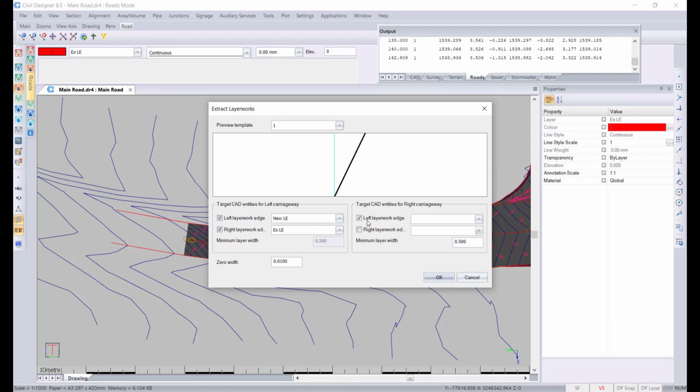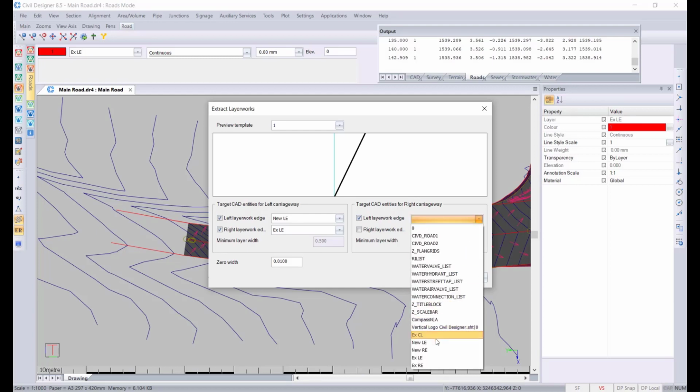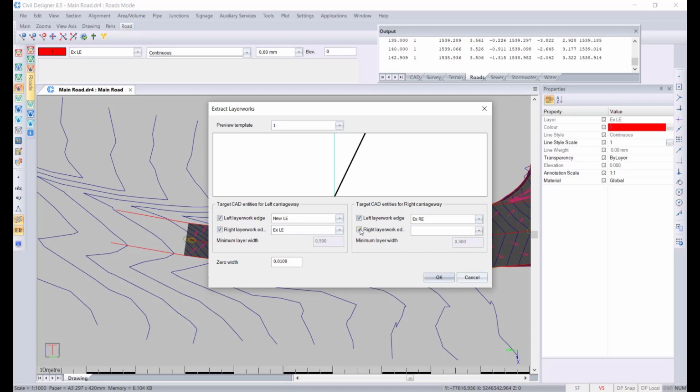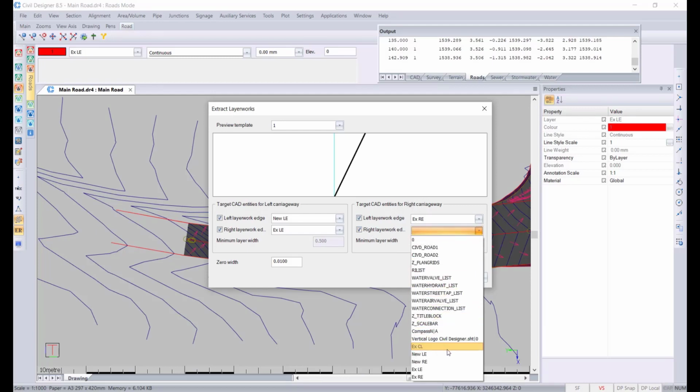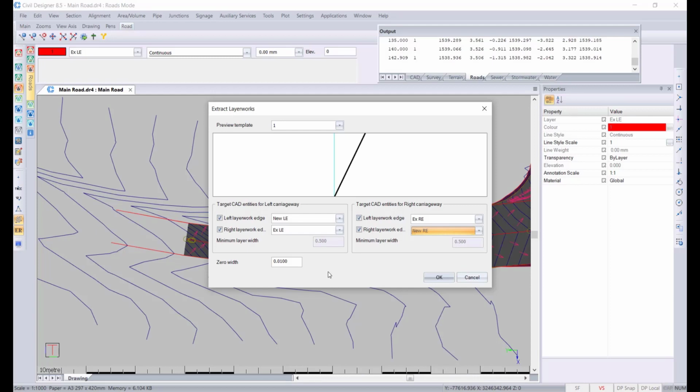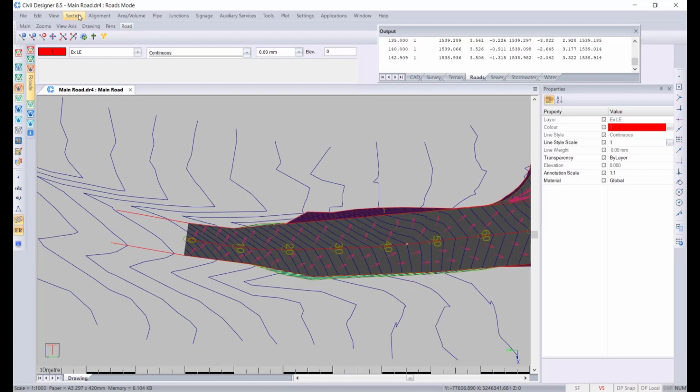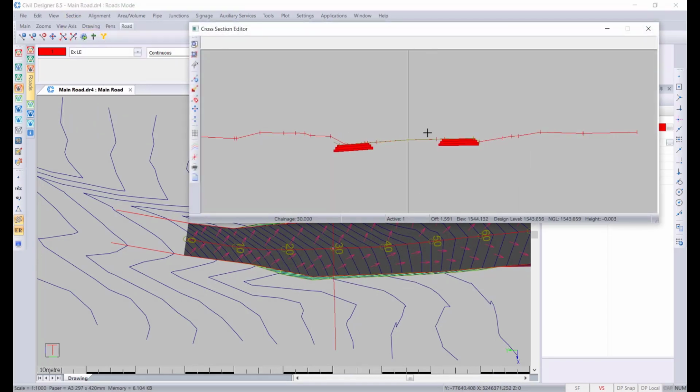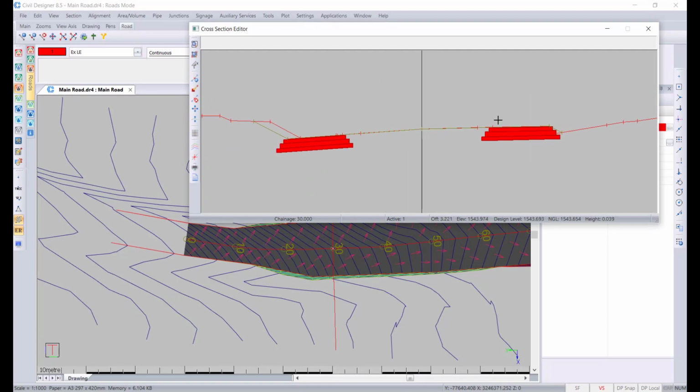We then have the left layerwork for the right hand side will be the existing right edge, and we have the right hand layerwork for the right hand carriageway is the new right edge. Okay, and then any widths that are less than 0.1, which is 10 centimeters, we will just remove. Now when you go to sections graphical edit, you can see that the layerworks are only taking place in the